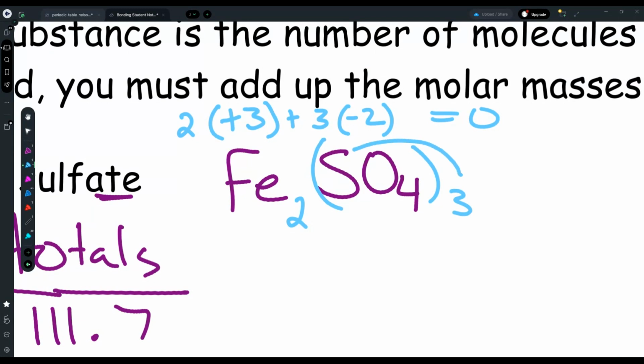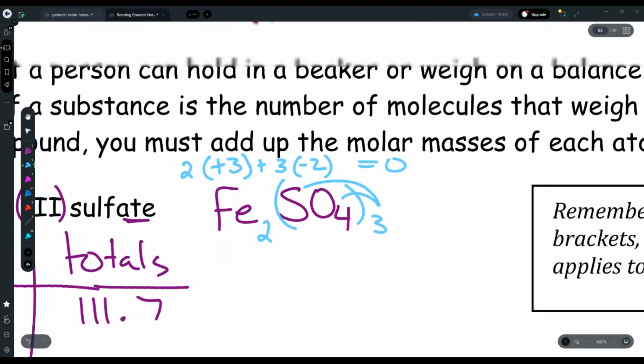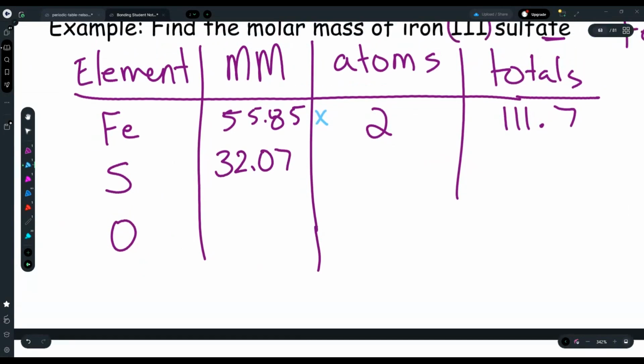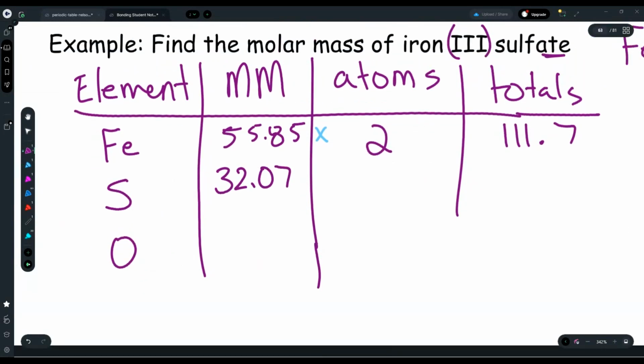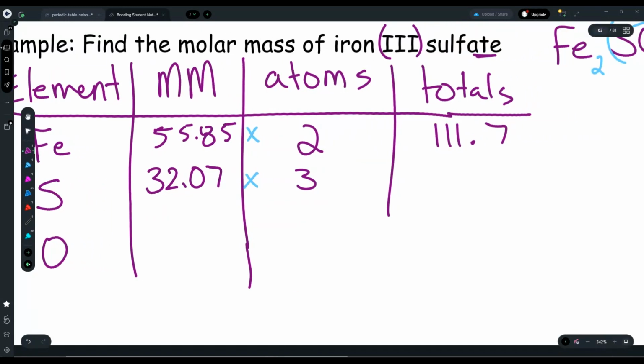So we have 3 sulfurs and 12 oxygens here. So 32.07 times 3 is going to give us